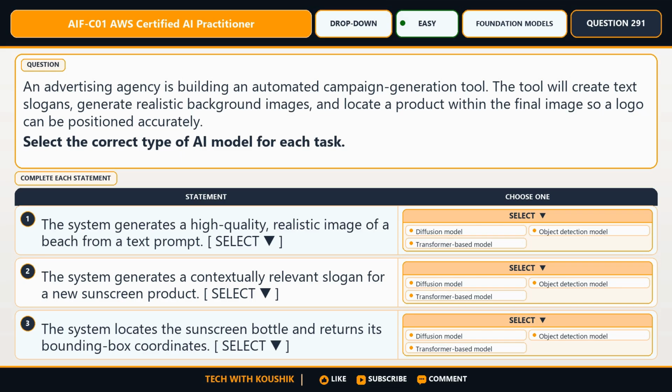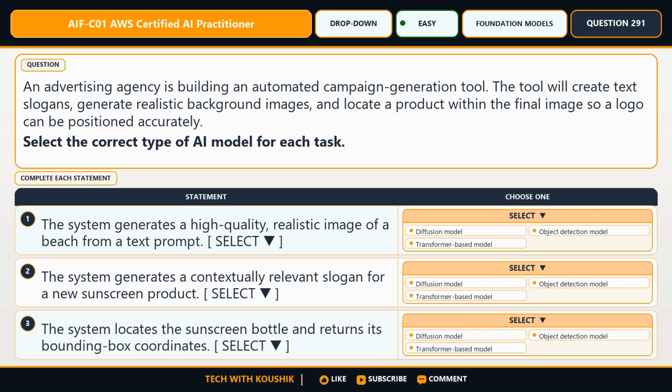The first blank appears in: the system generates a high-quality, realistic image of a beach from a text prompt. The blank. Choose the stronger fit from 1. Diffusion model, object detection model, or transformer-based model. The second blank appears in: the system generates a contextually relevant slogan for a new sunscreen product. The blank.